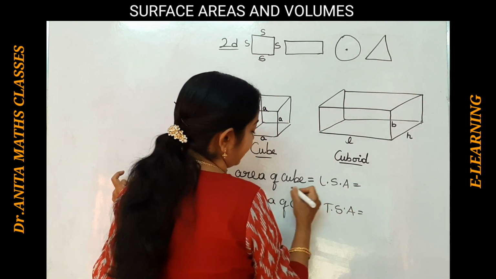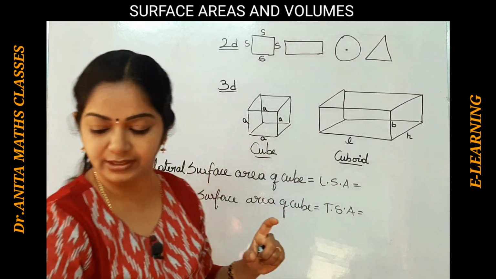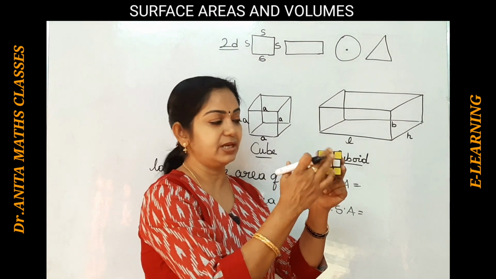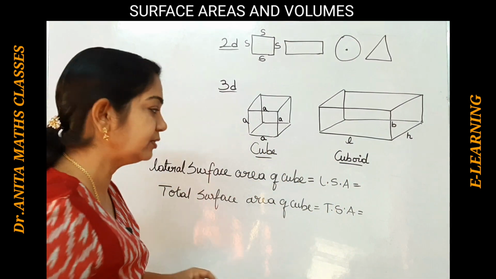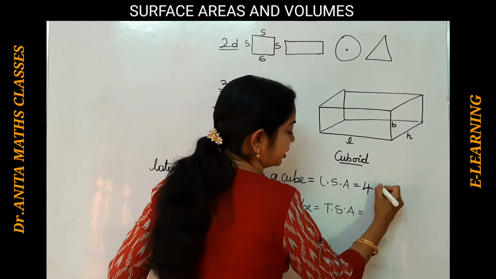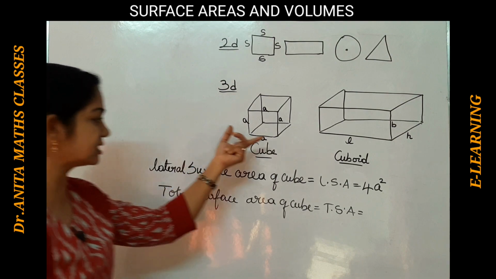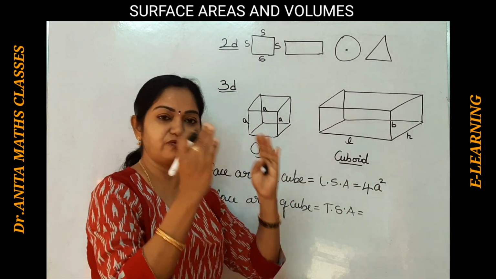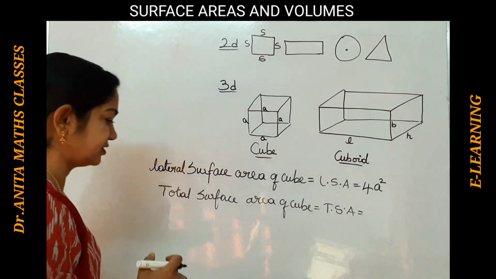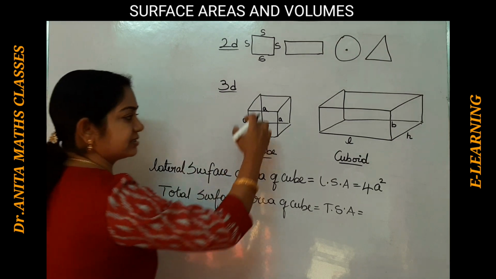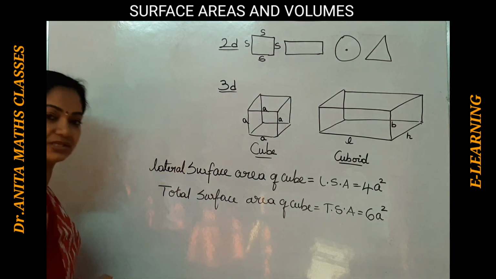Now what is the lateral surface area of a cube? Clearly you know that one face is a square, isn't it? Area of a square is side into side. Now 4 faces I want to calculate. So 4 into side square. If I am supposing the side as A, 4A square is the lateral surface area. If you are supposing the side as L, 4L square also you can write. Whereas for total surface area we have to calculate 6 faces, including the top and the bottom. So 6A square is the total surface area of the cube.